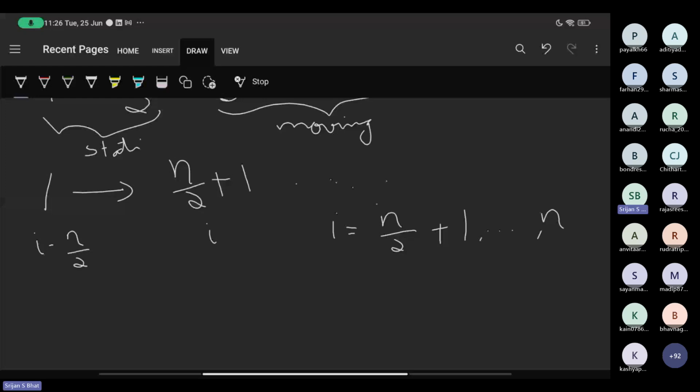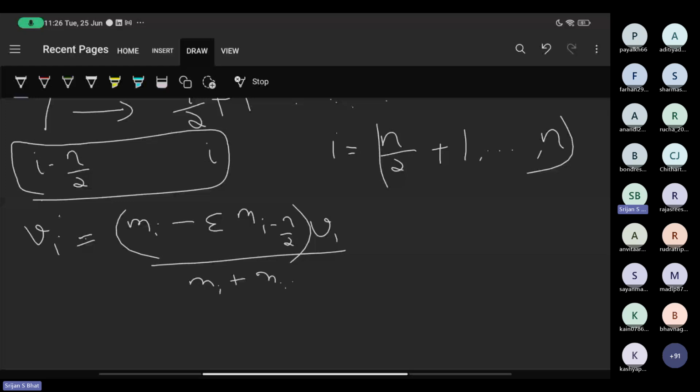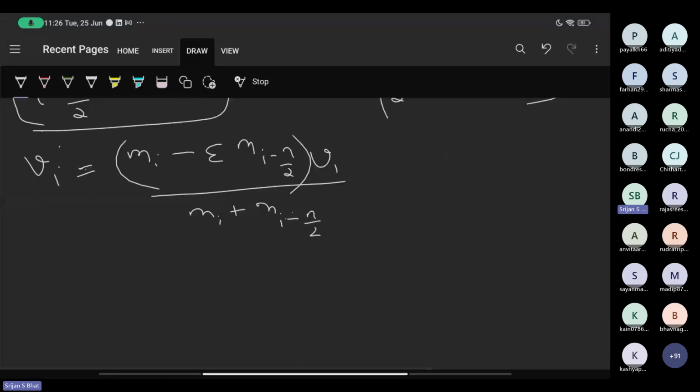I'll just write one velocity to be calculated, which will be mi minus epsilon mi minus n by 2, where epsilon is your coefficient of restitution times V1 by mi, basically of the two masses. So this will be your new velocity. And similarly, you will get the new velocity as well as positions.